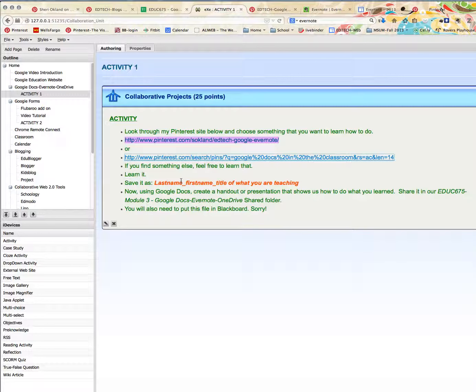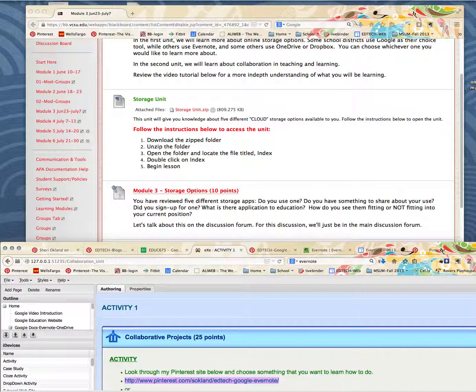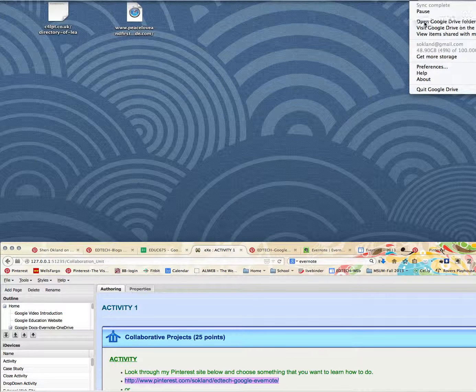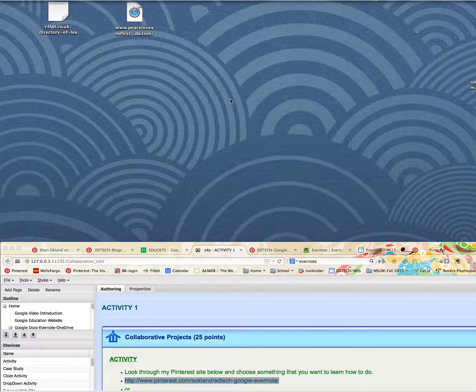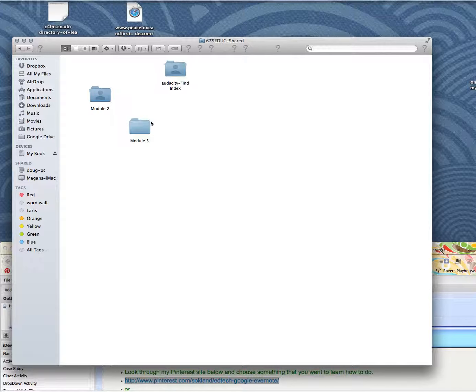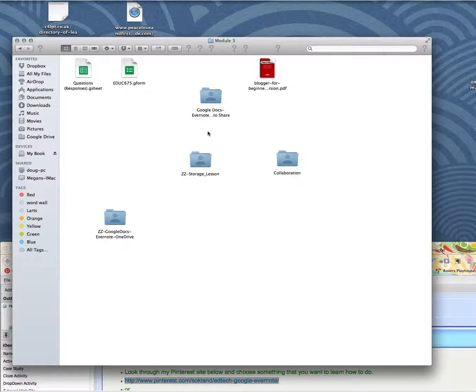So you can use Google Docs, you can create a handout or a presentation in Google Docs or OneNote or Evernote, and then you're going to share it in our shared folder in Google Docs. Remember, I asked you to sign up for Google Docs, and in our Google Drive shared folder, you have Module 3, and here you have the storage lesson,